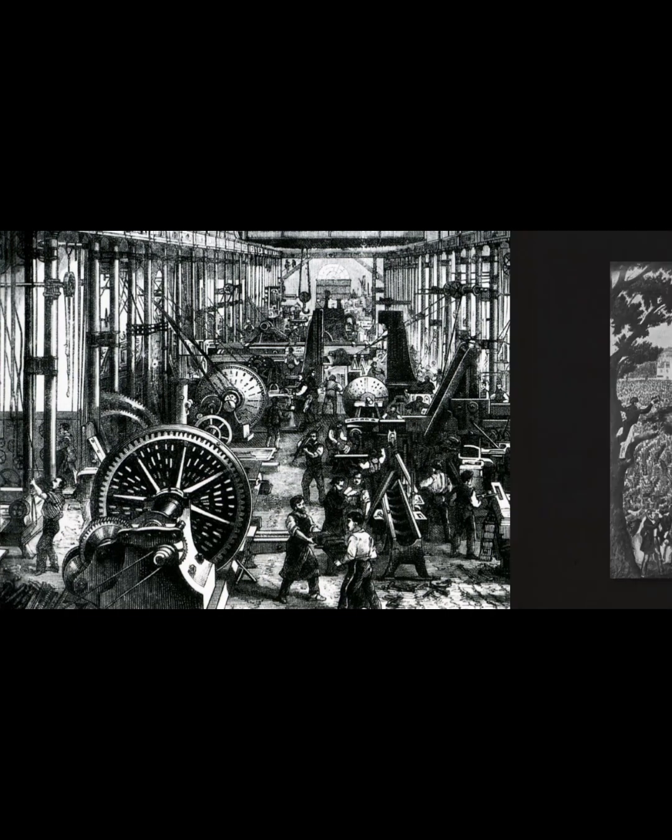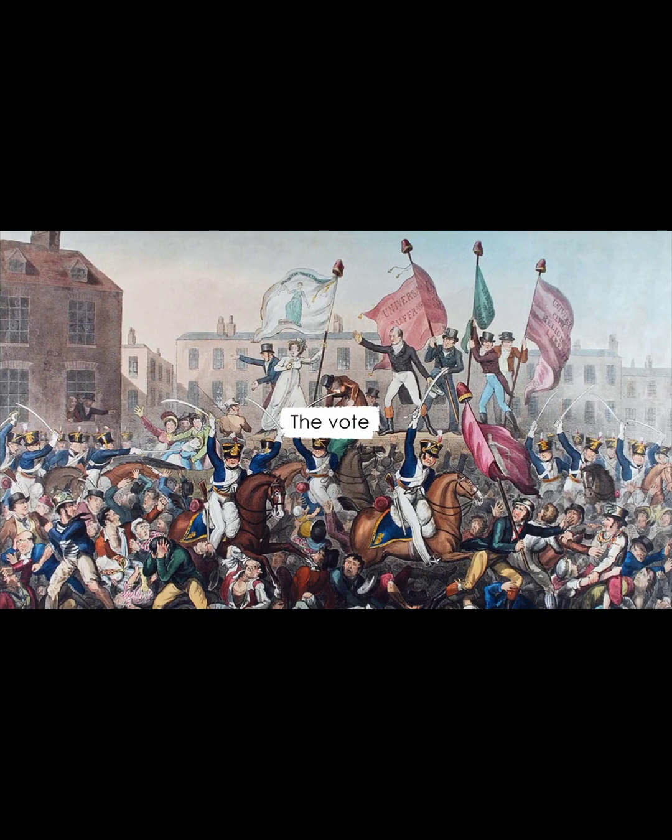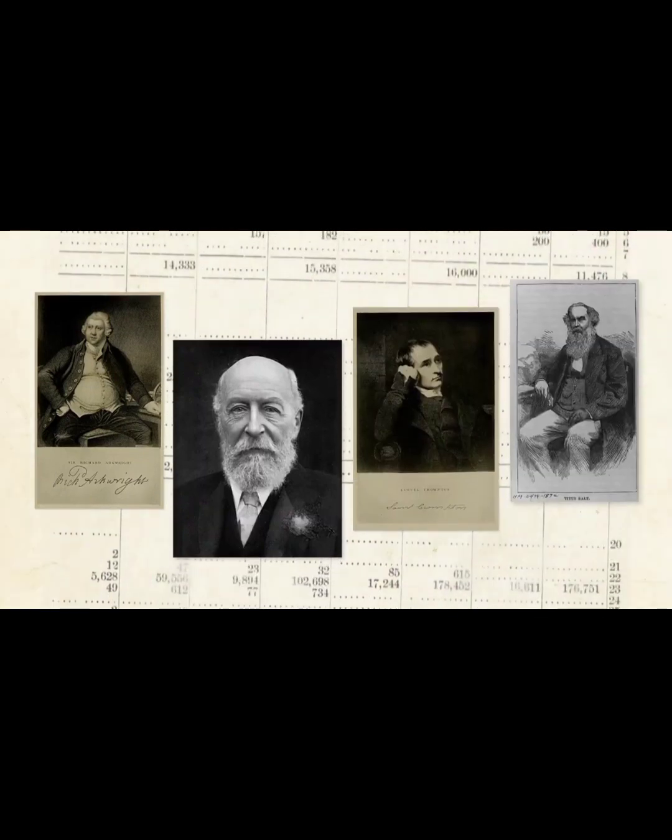This large, often precariously employed workforce developed a class consciousness, albeit fragmented, and began to organise on an unprecedented scale. Workers called for improvements to living conditions, employment rights, their children's education, and the vote to ensure Parliament listened to these demands. The Industrial Revolution also led to the creation of a new, prosperous class of industrialists who could amass